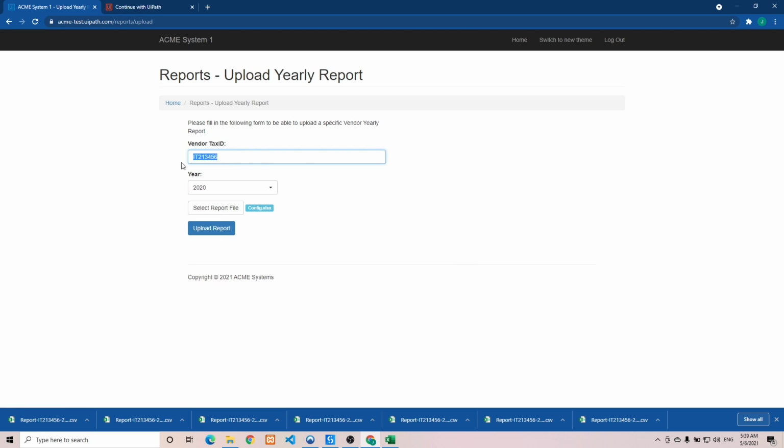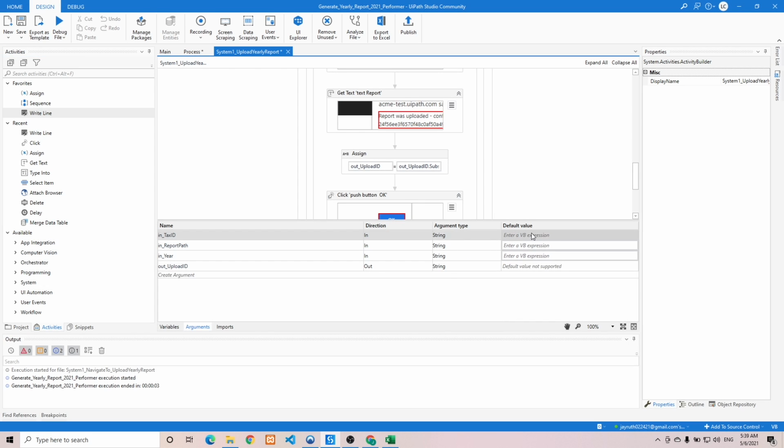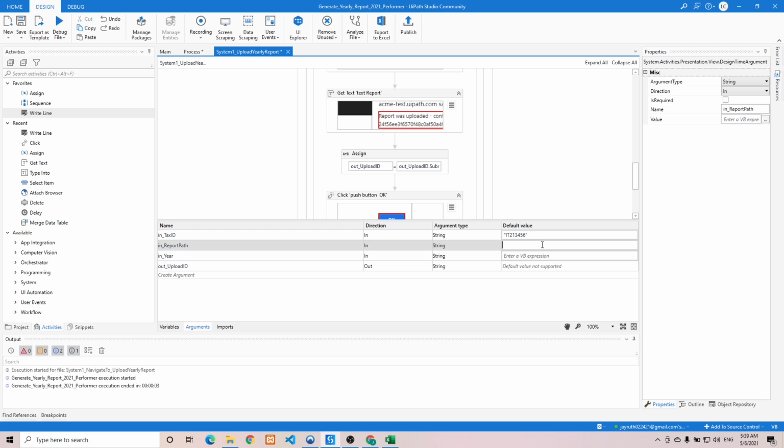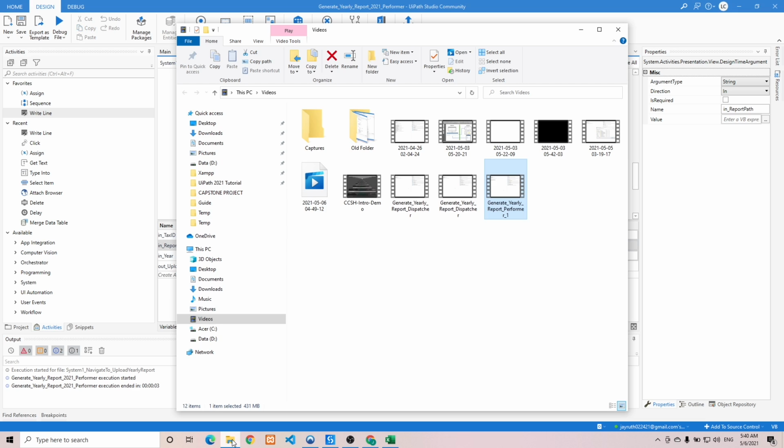Do you have a sample? Okay, let's try this. Tax ID, the report year should be 2020. Oh no, that's a report path. Oh, okay. So for the report path, I think what we can do is